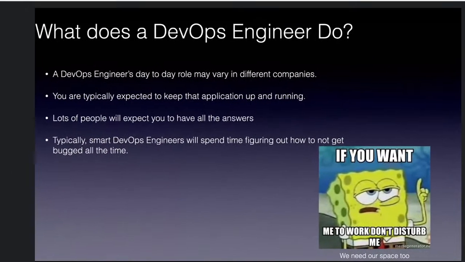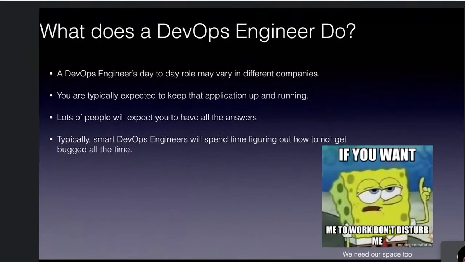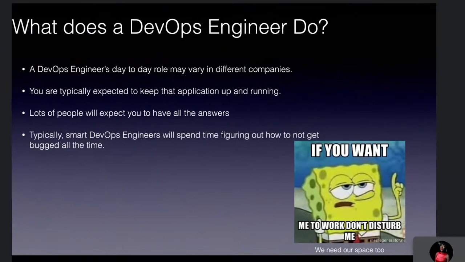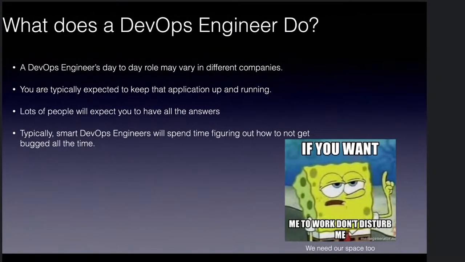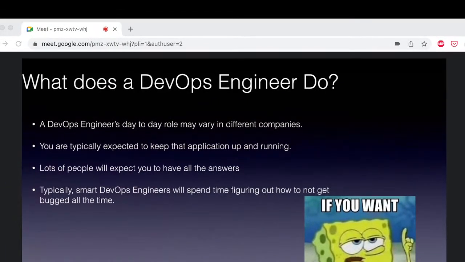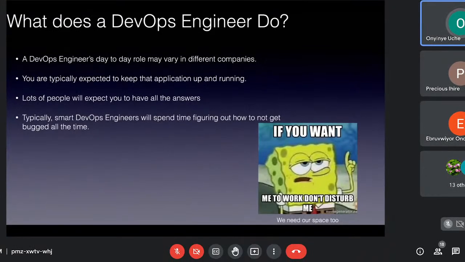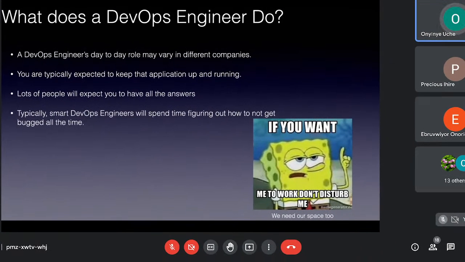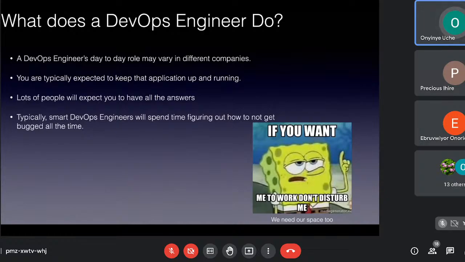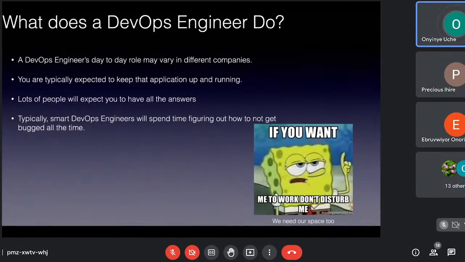So the thing is, a really smart DevOps engineer, knowing how busy they are and how they feel like they're in the center of everything, tries to think about ways to not be, should I say, bugged? It can come off as bugging, but you just need to find a way to not be at the center of everything, so you can focus on real work and not just unplanned stuff.